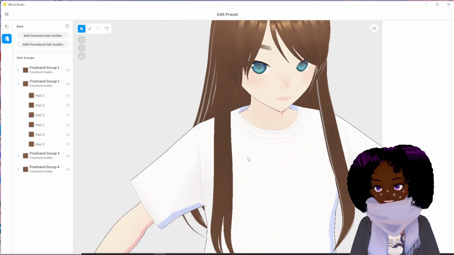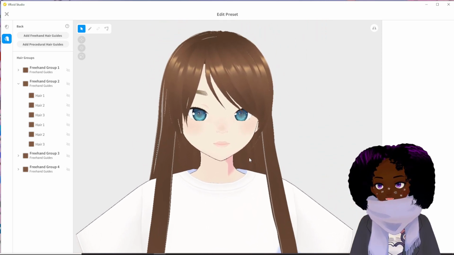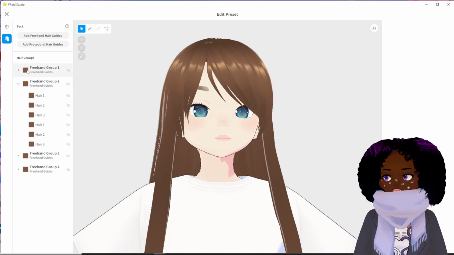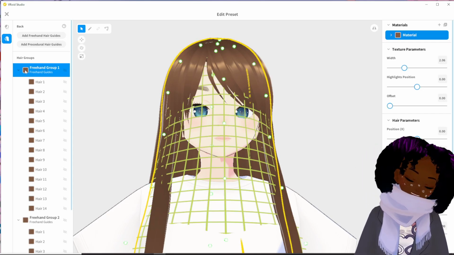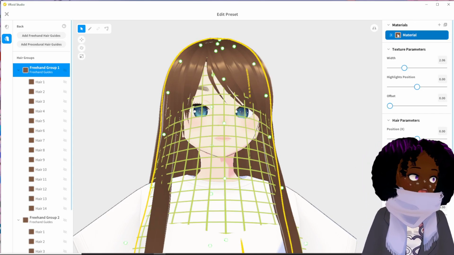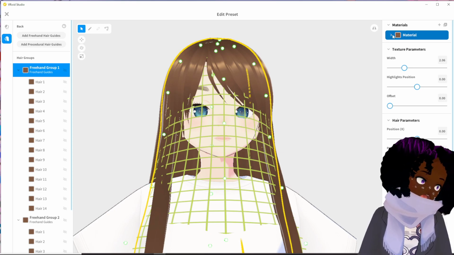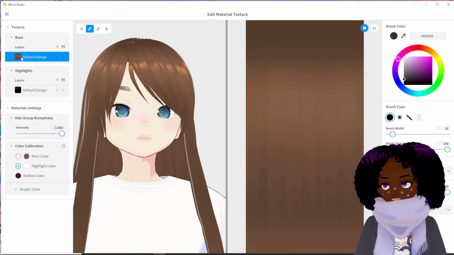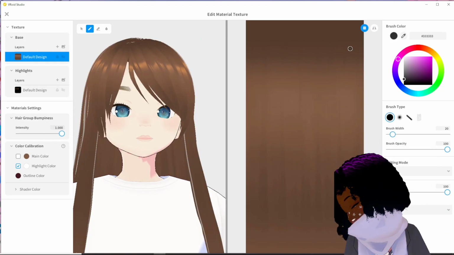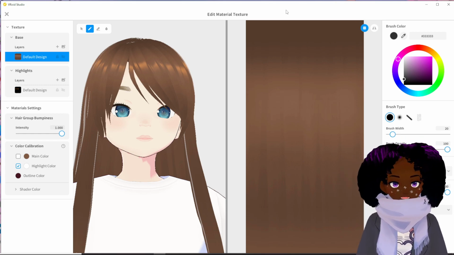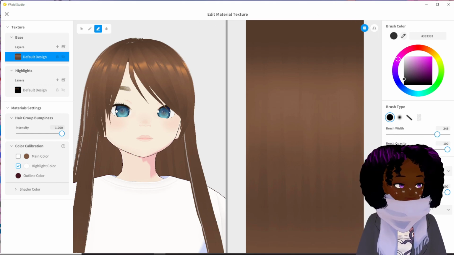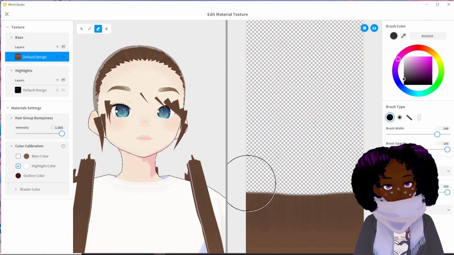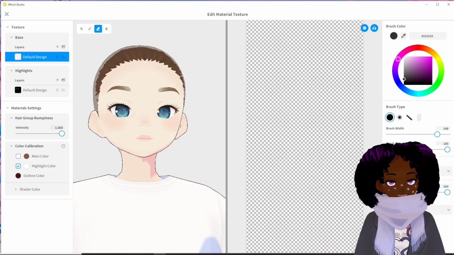Let's go into the textures, and that way you can see what we are actually working with and how everything is laid out. So I'm just going to click on the first part here, click on materials. We are going to create our own hair texture. I'm going to show you the beginner friendly version. We are going to start off by erasing this whole thing. I'm going to put on mirroring and erase this whole texture. It's just going to be bald all of a sudden. It's super fun to do that.